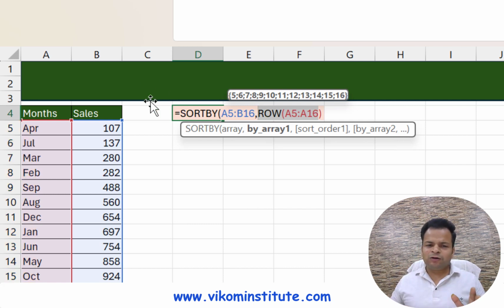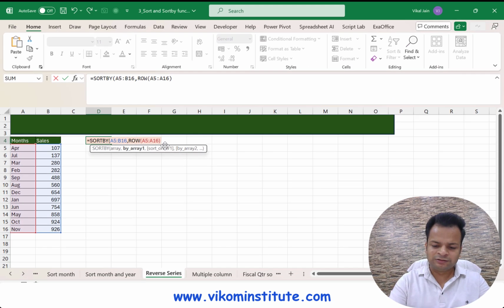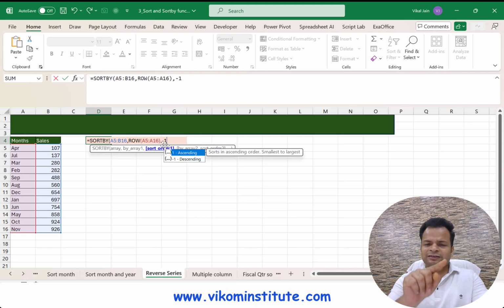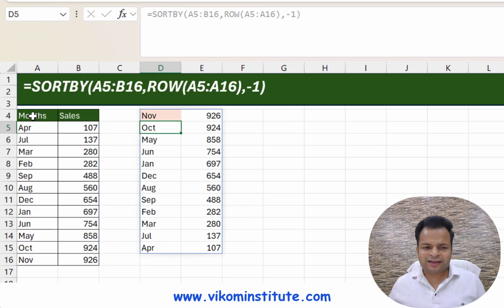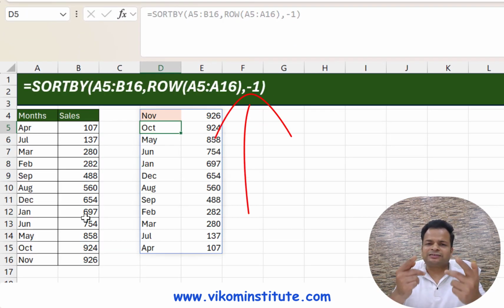Now what I will do, I am simply going to sort my data in descending order, and this whole thing is giving you the cell references 5, 6, 7. And if I will make it reverse, now 12 would be at the first position. So descending is going to help us. So now close the parentheses and enter, and that is how we can reverse our series.